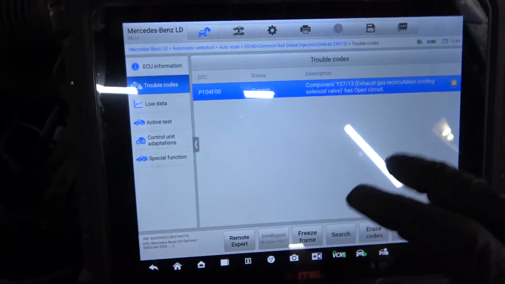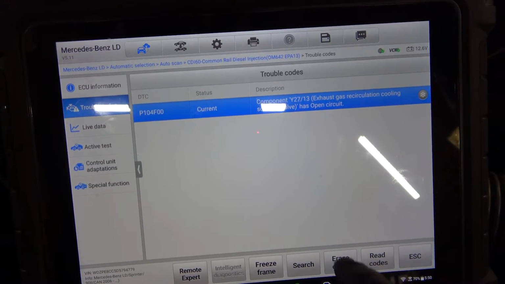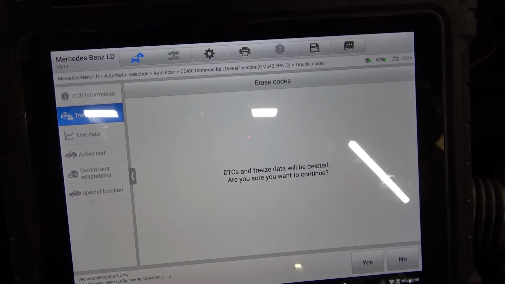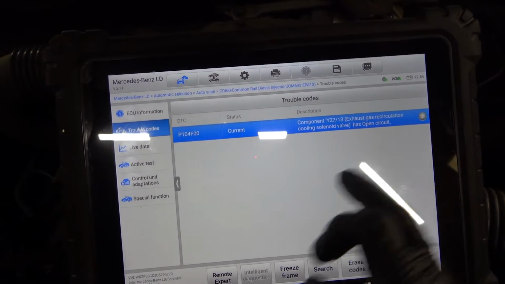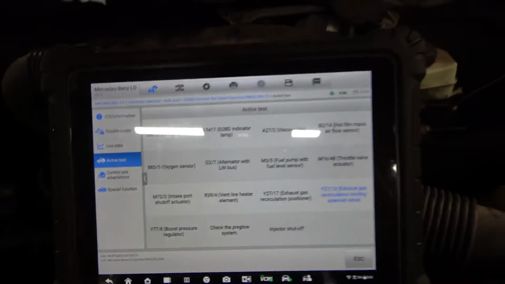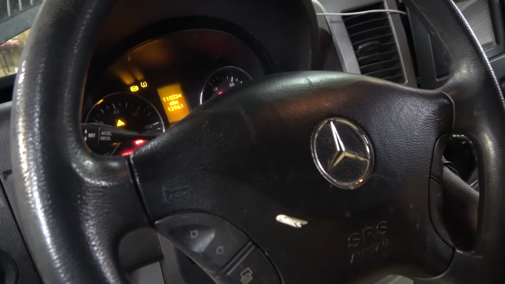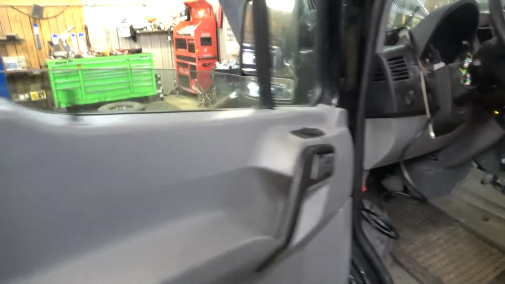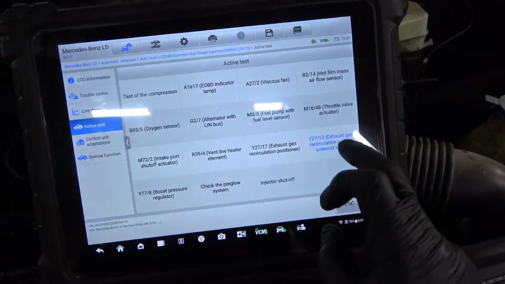So now let's look at our scan tool. I am going to erase the code now. Let's see if this code is gonna go away after we erase it. For some reason that code keeps coming back. Let me go in the vehicle and start the engine. Let's try to turn on